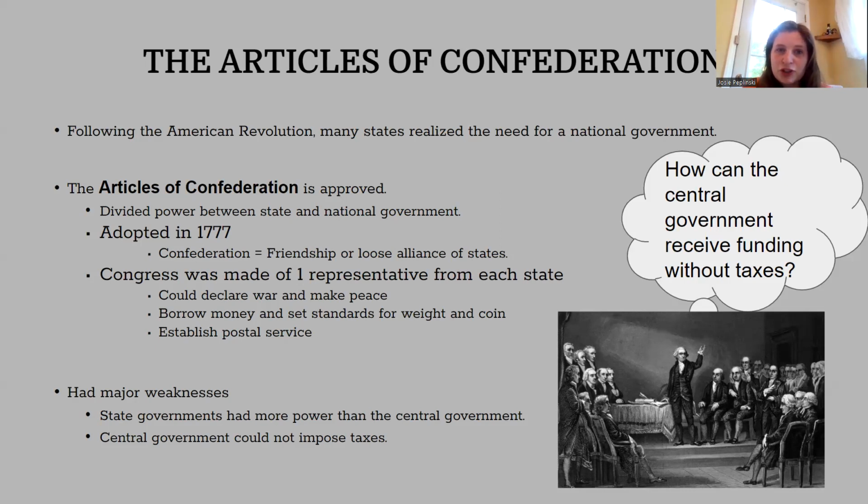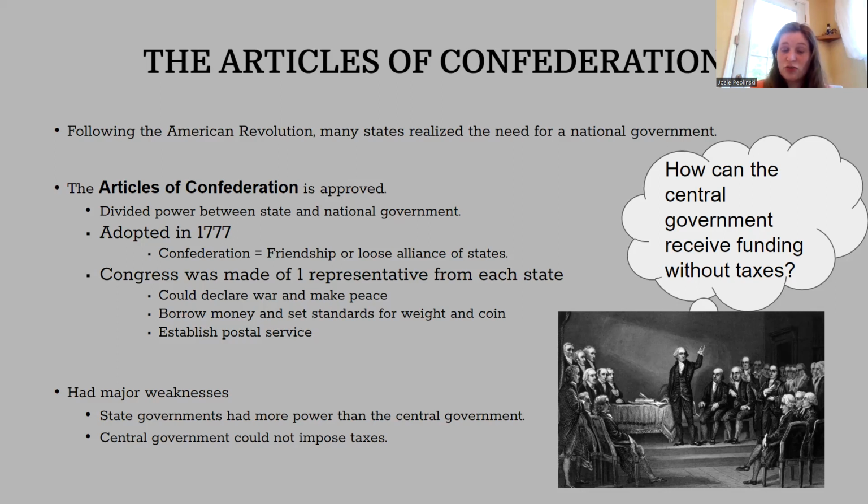Following the American Revolution, a lot of states realized that they needed a national government. So they approved the Articles of Confederation in 1777. This was a friendship or a loose alliance of the states. And Congress was made up of one representative from each state. They didn't have very many powers. What they could do was declare war and make peace, borrow money and set standards for coins, and establish a postal service. So this leaves them with a lot of weaknesses, such as states having a lot more power than